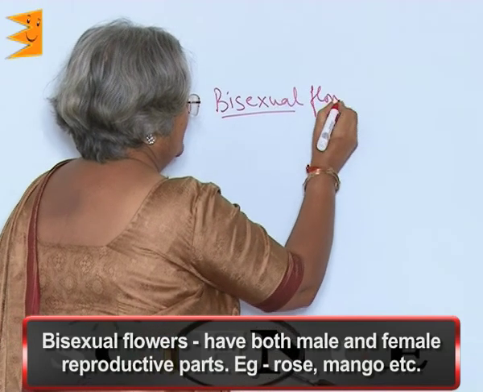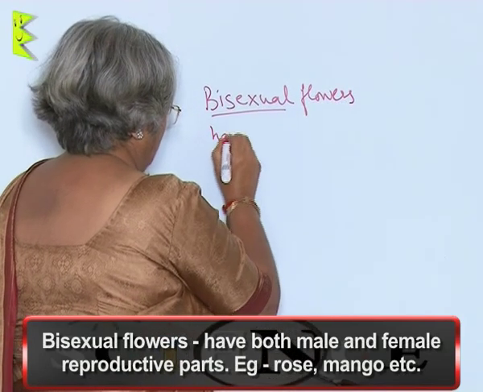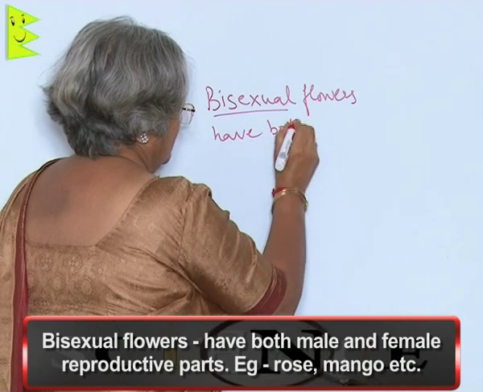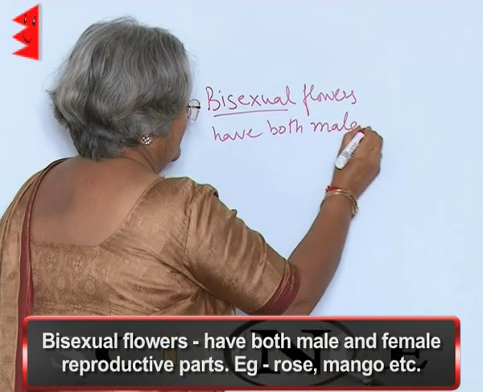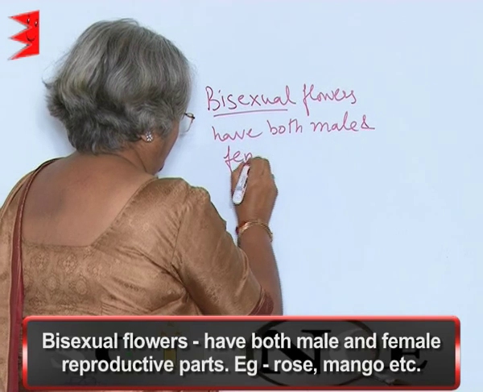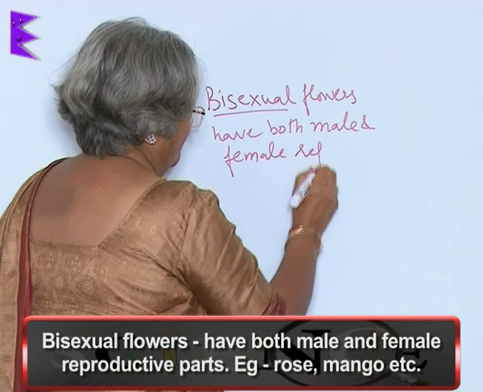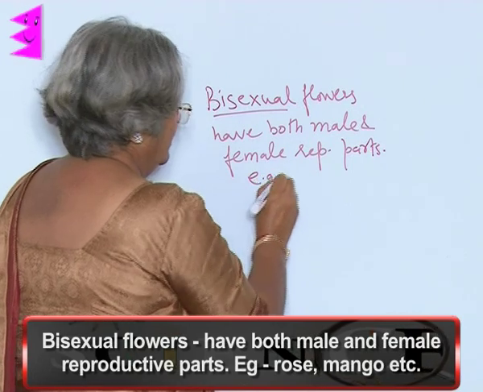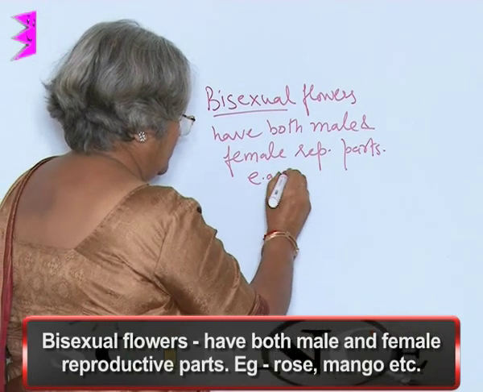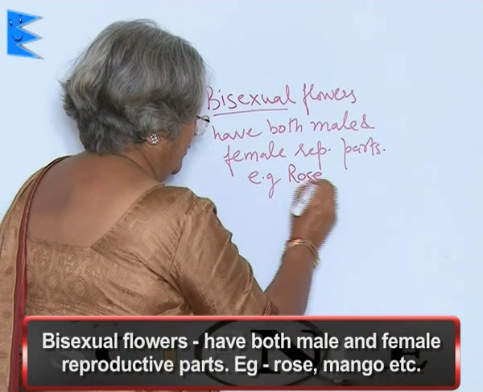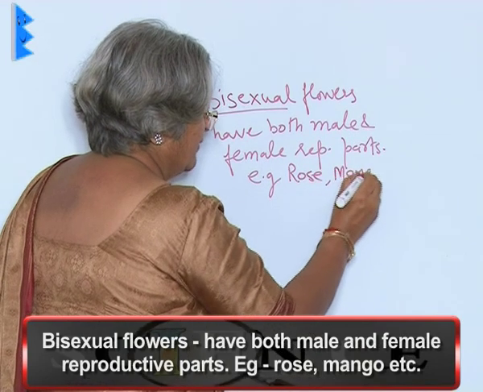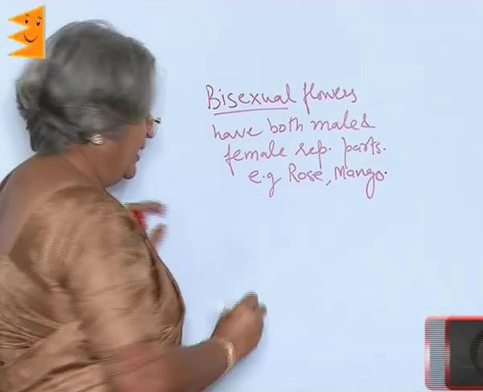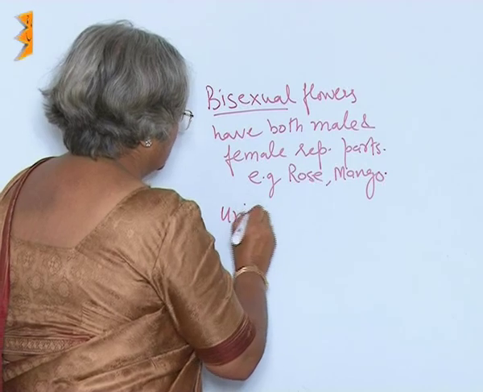Bisexual flowers have both male and female reproductive parts. Example, rose, mango, and so on. Most of the flowers are bisexual, and unisexual flowers